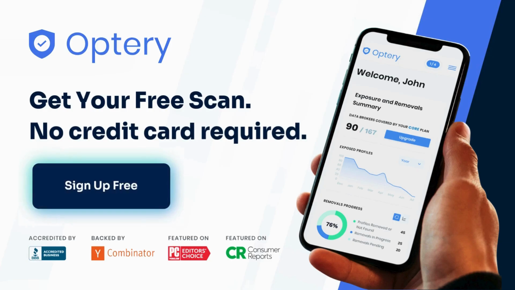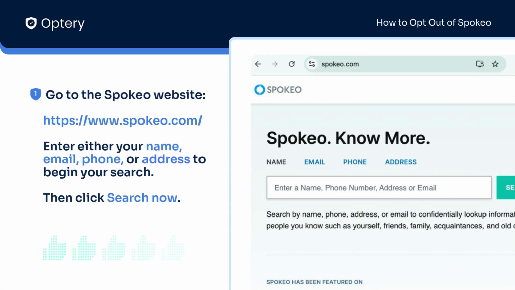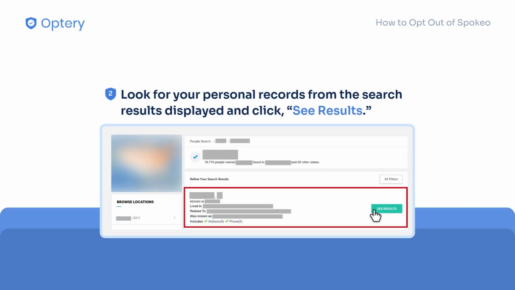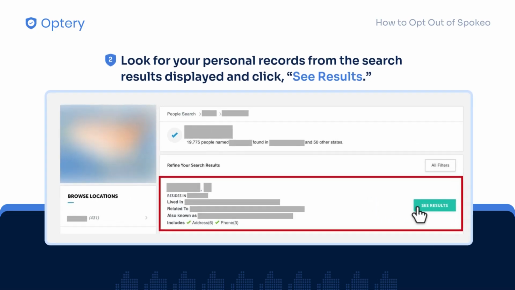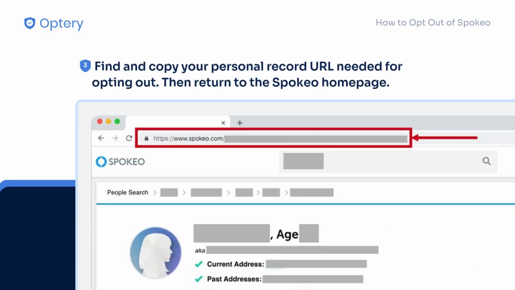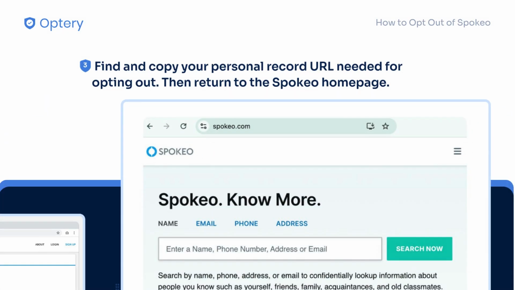To opt out of Spokeo, first go to the Spokeo homepage. Search for your record using either your name, email, phone, or address. Then click Search Now. Look for your personal record from the search results displayed and click See Results. In the next window, find and copy your personal record URL needed for opting out, then return to the Spokeo